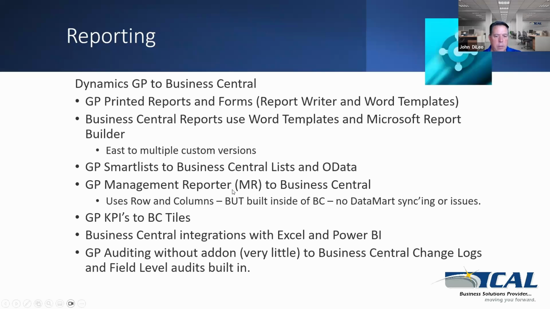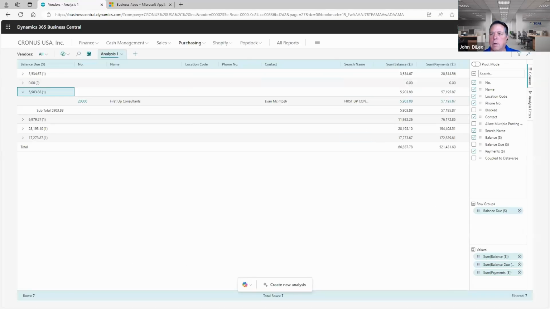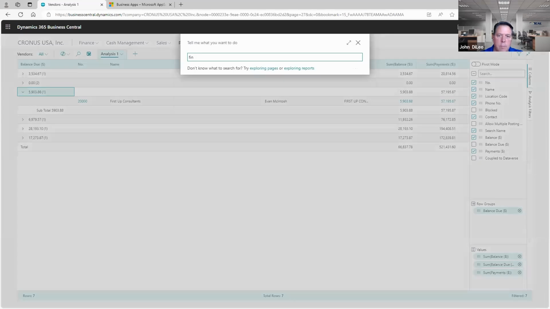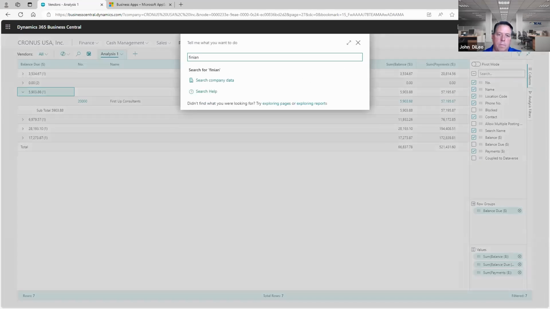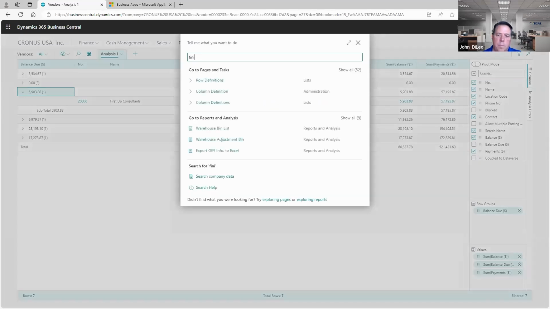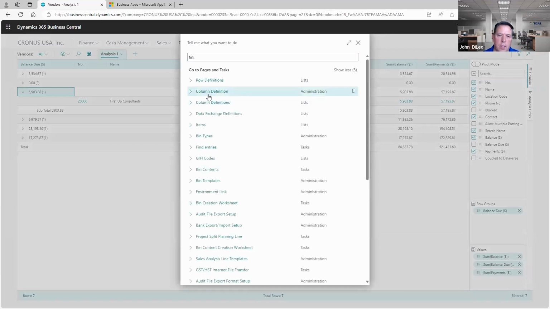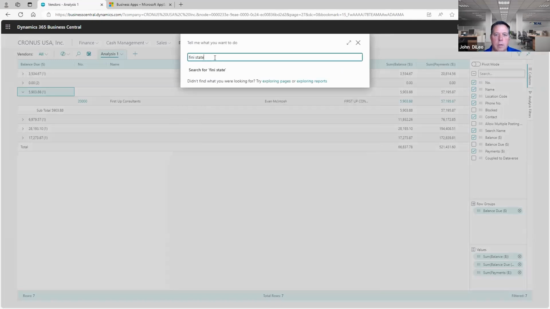So GP, most of our clients are using Management Reporter or some other financial report writer tool. So Business Central does have a financial report writer built into it, like the financial statements. So they're using column row definitions as well. Similar to, I would say that